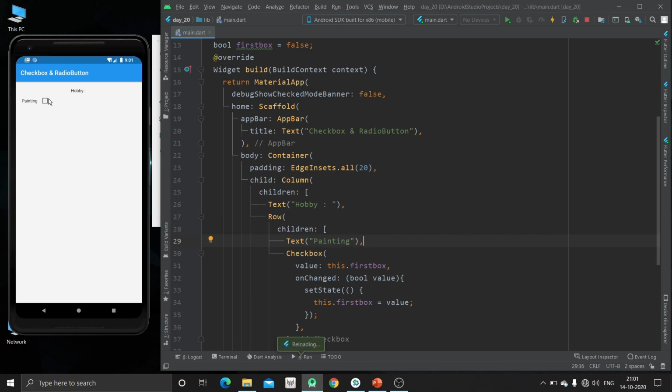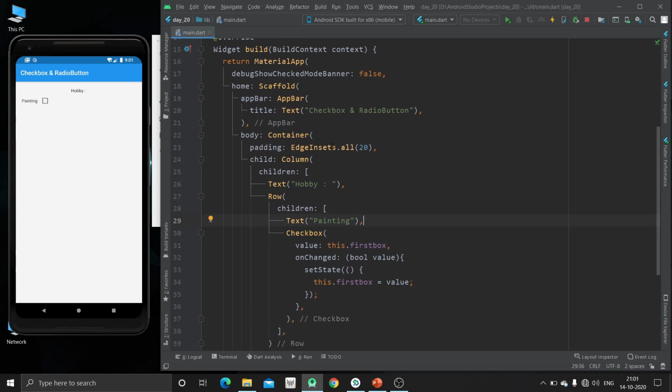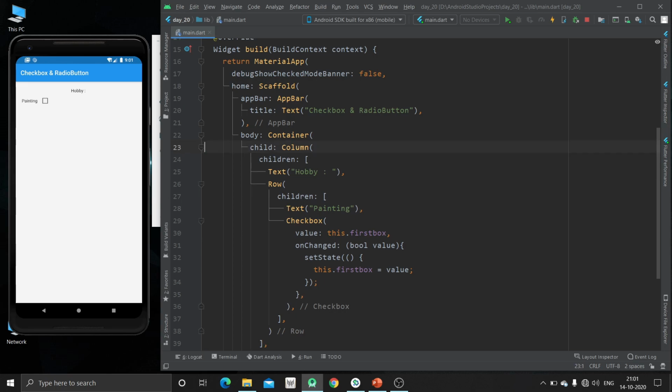Now you can see one text is there before this. Okay, just remove this padding. We are getting it at center. So we are also going to wrap it inside row.